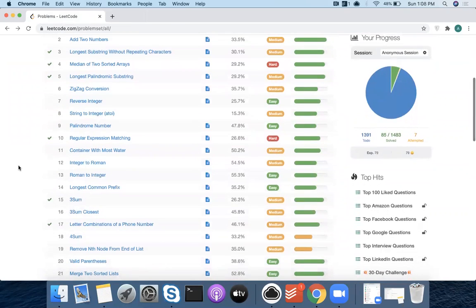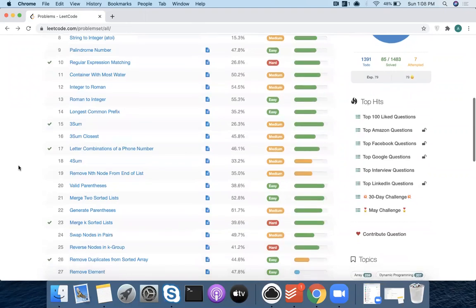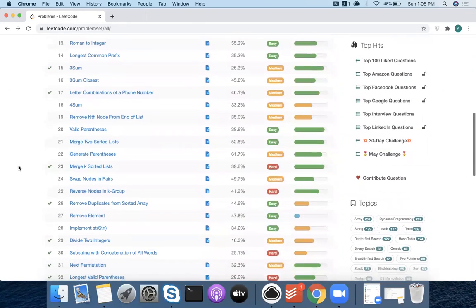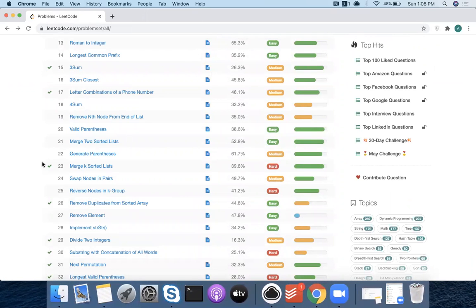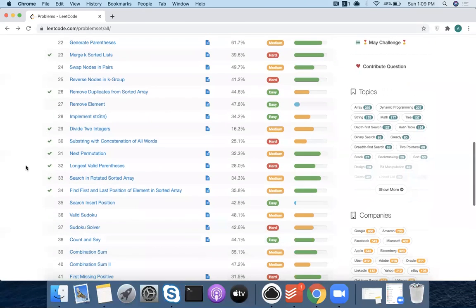So let's see. Everybody is familiar with heaps. I have some good problems, but let's see. How many of you guys know about heaps? Just let me know. How many of you don't know about heaps?